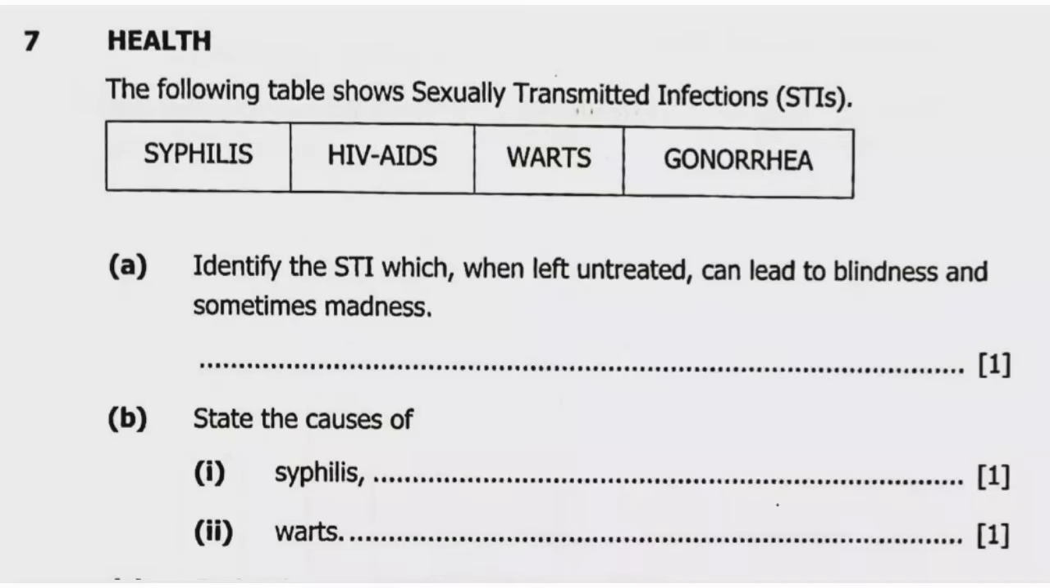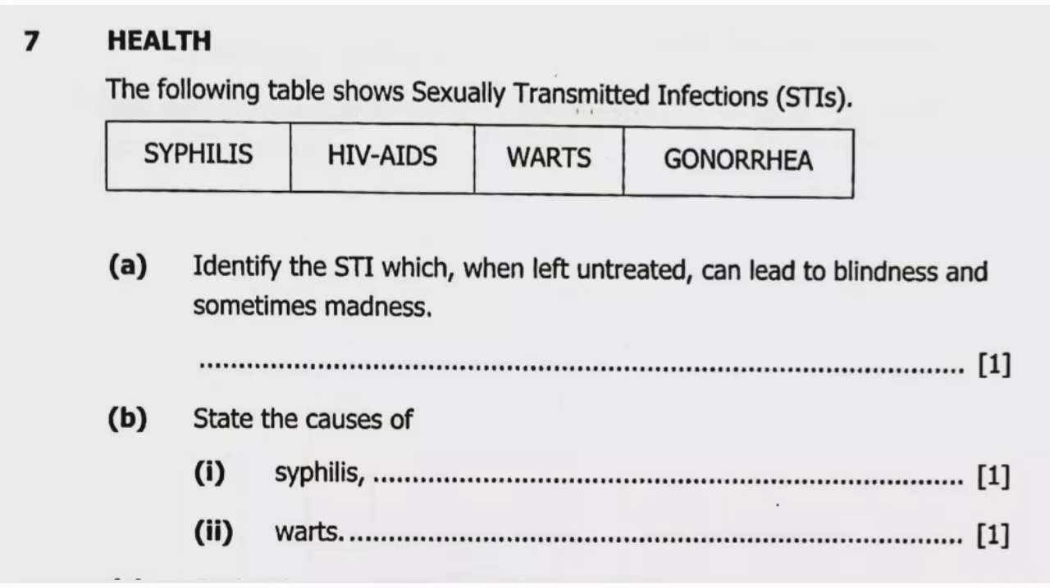Let's come to question 7, which is coming from the topic of health. The question is as follows. The following table shows sexually transmitted infections, STIs: syphilis, HIV or AIDS, gonorrhea. These are the basic diseases that are in your syllabus at junior secondary level. These 4 diseases are mainly talked about in the syllabus of grade 8 to 9. So the actual questions are: